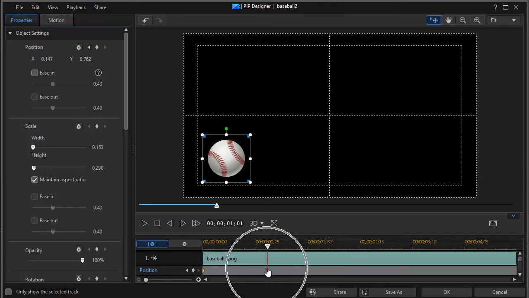I'll do Control Z to undo that action. Another way is to right click on the red line in the position value and click on Add New Keyframe. There is a third way. We'll do Control Z, and that's actually when I have my position marker somewhere where there is no keyframe and